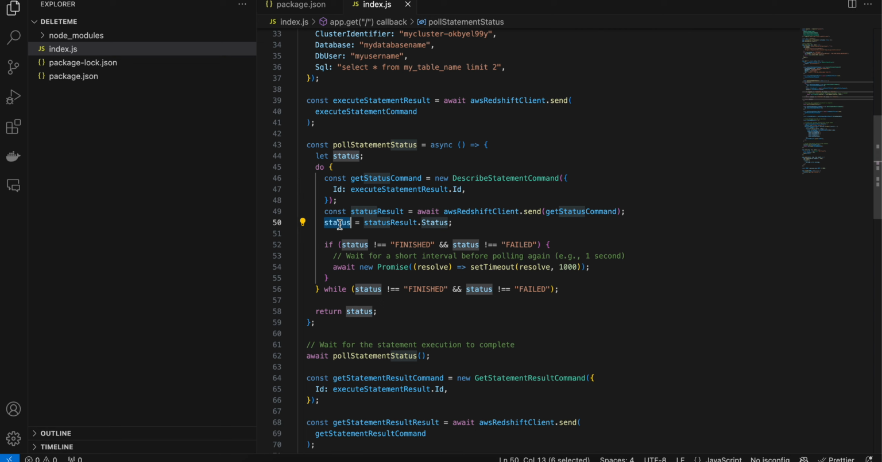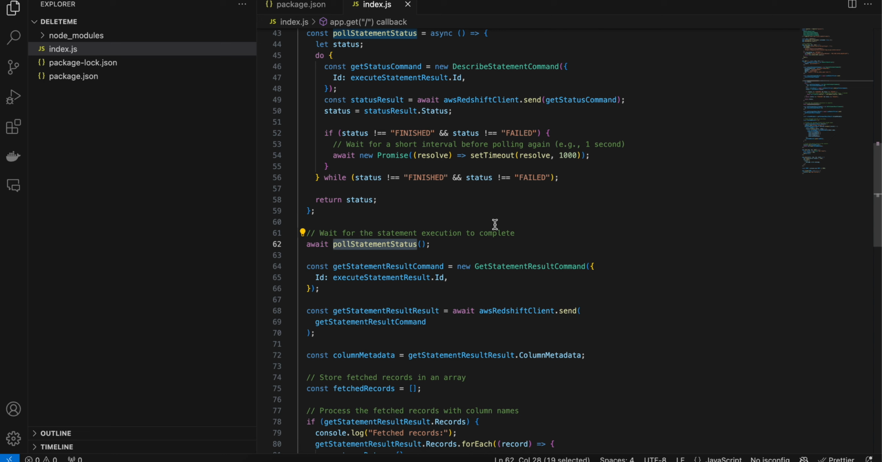If it is not equal to finished, and if it is not equal to failed, then again we are firing a promise, checking it again and again every 1 second. So kind of like polling itself. Okay, so here you can see I'm using that particular while loop, but if it has finished, then everything is fine. So here you can see I'm calling this await poll statement status, and once it has finished querying our data,